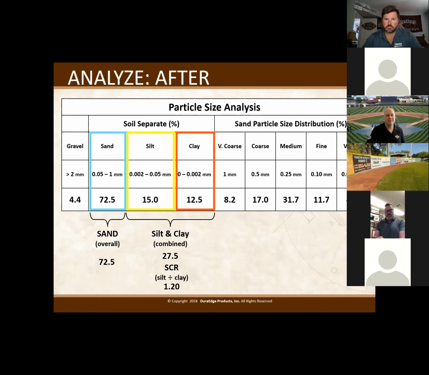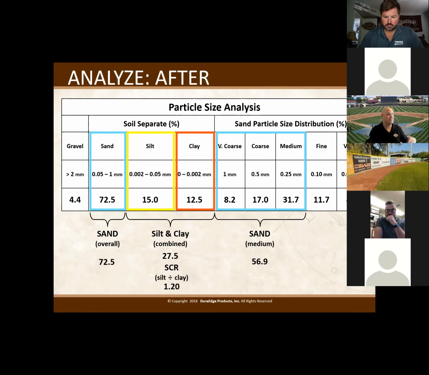So we were almost able to balance our silt to clay ratio by doing 25 tons worth of an amendment. This silt to clay ratio puts us at a 1.2, and our silt to clay ratio originally was 6.14. So just to get it closer to that balance, using 25 tons is pretty amazing.